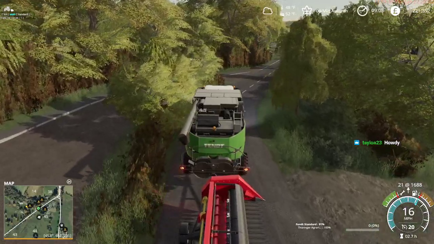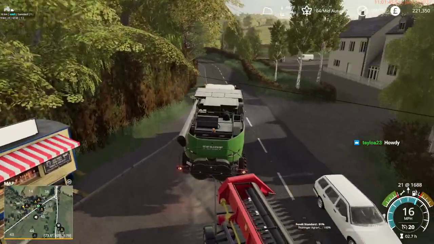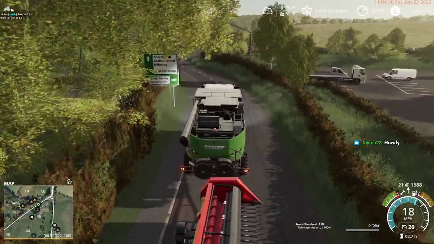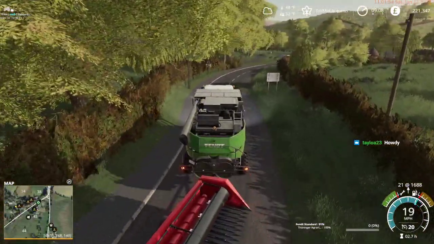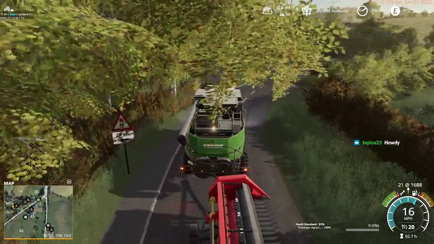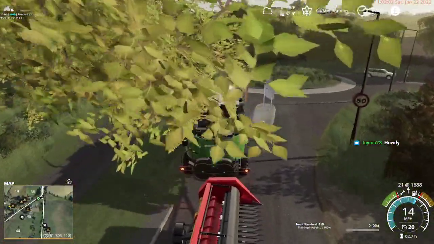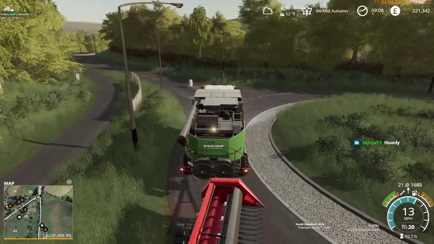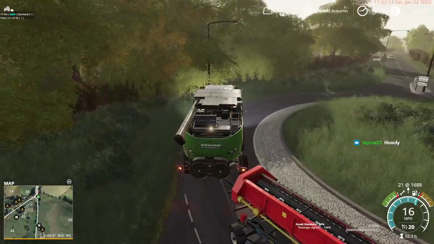Anyway, and that header is sticking out way too far at the front into oncoming traffic, which is what I was afraid of. Anyway, maybe we should warn oncoming traffic that we are a big, slow-moving load. So we got a couple of cars went on ahead of us, but I'm pretty sure I